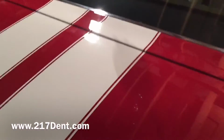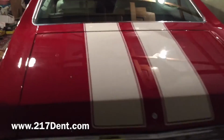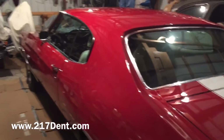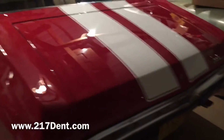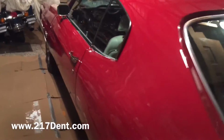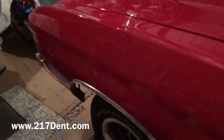I've got a 64 over there. I had 3 of those. I had the El Camino too, and I had 3 of those 48s. And I had a 66 convertible, a 69. It's all gone. And clear coat. And the first thing I look for on these old cars,